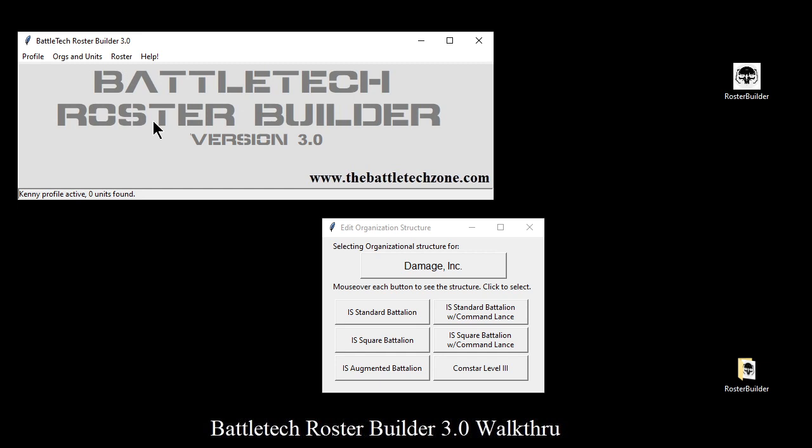worry about this. Mostly what this does is set a maximum number of units per organization. So if you mouse over one of the buttons, it tells you for a standard Intersphere battalion, a lance is 4 units, a company is 3 lances, a battalion is 3 companies. If you want to go